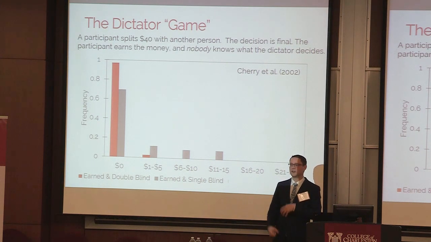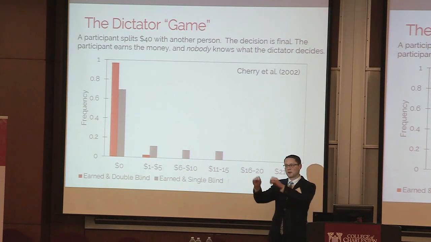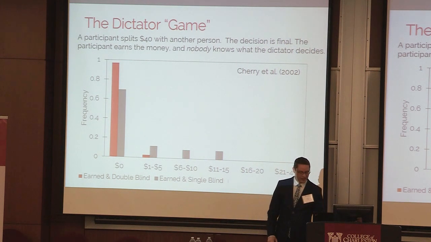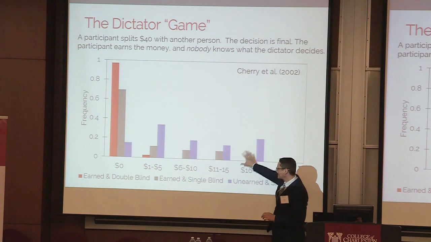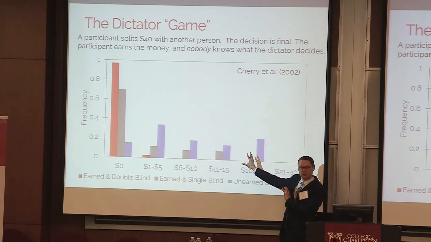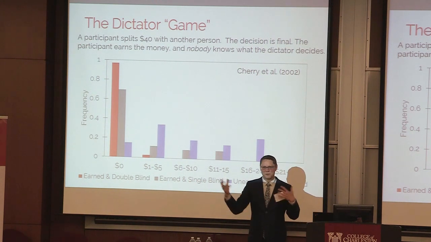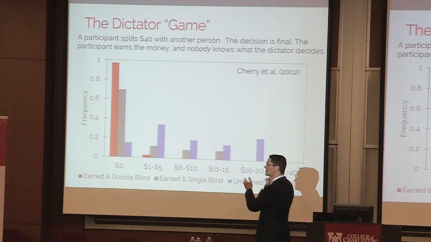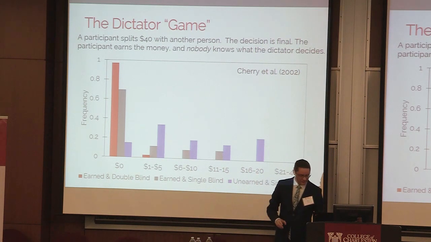And then they take away that you didn't even earn it. You just come into the room, you sat in this seat, you get to decide, and the experimenter knows what you're doing, and all of a sudden, 80-some% of the people are getting some money. So now how do we reconcile these results with the previous results?